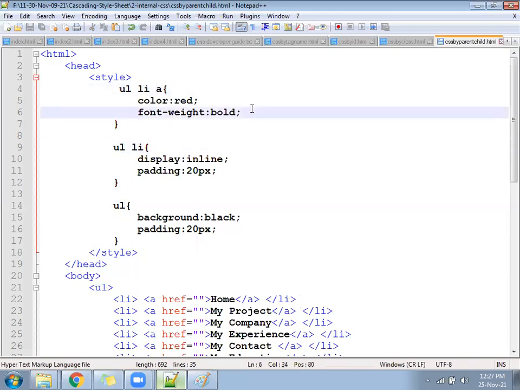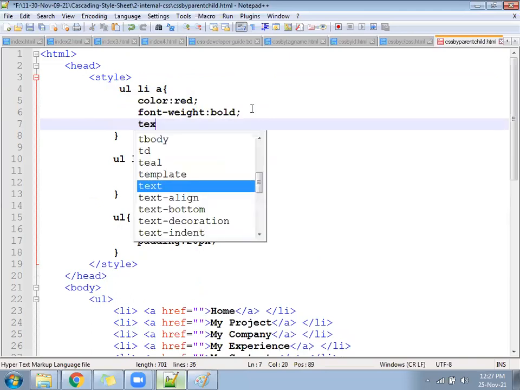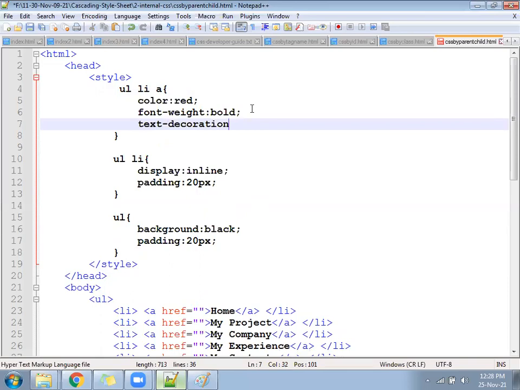So inside the a only, you can write text decoration none.